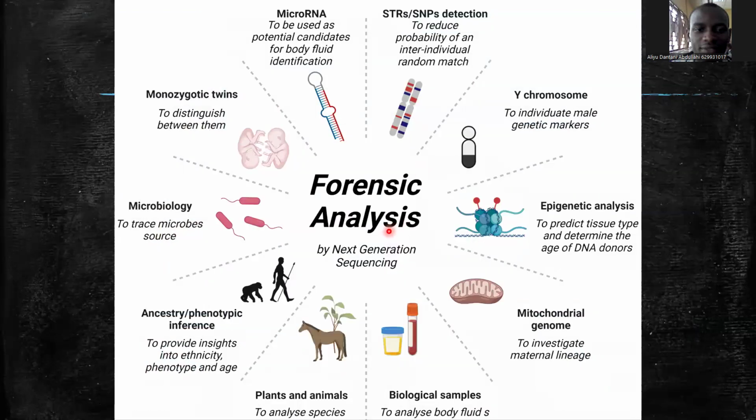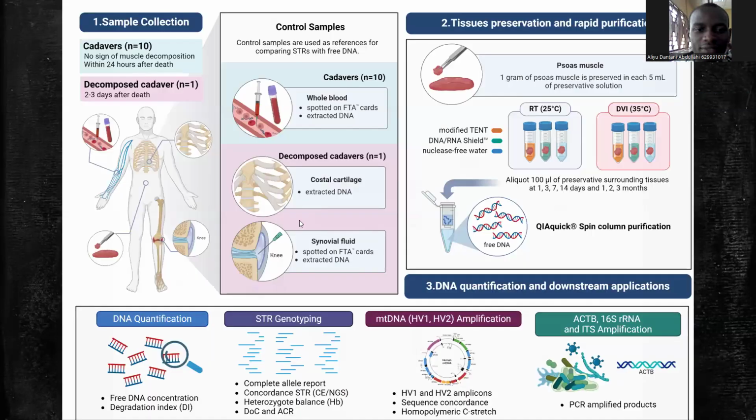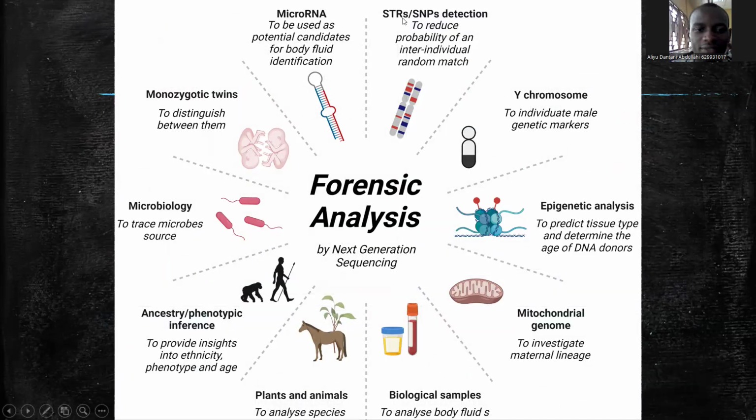Okay, forensic analysis, next generation sequencing, ancestry. Sequencing is key to this aspect of genetic engineering, right? This area of genetic engineering. Depending on what type of sequencing you want to do, but sequencing is very important here. Wouldn't you agree? Okay. If you remember the short tandem repeats, the SNPs, when we were doing the restriction fragment